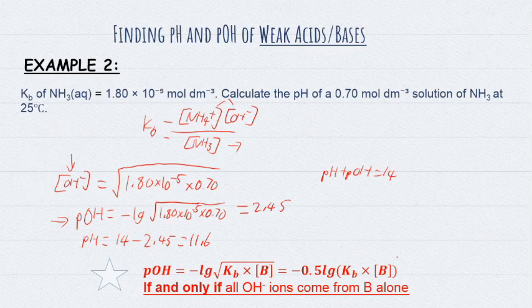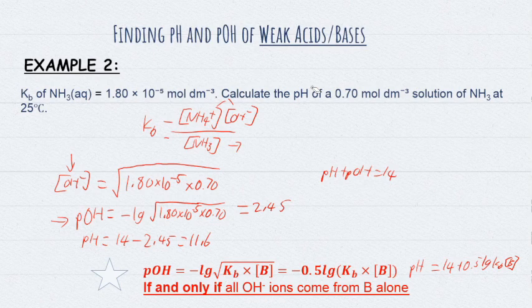In fact, you can even put it as a case for pH. pH equals 14 plus 0.5 log Kb and then the concentration of the base as well. So that will work. We could have just done 14 plus 0.5 log of 1.8 times 10 power minus 5 times 0.70. So that is basically example number 2, but take note it is pOH